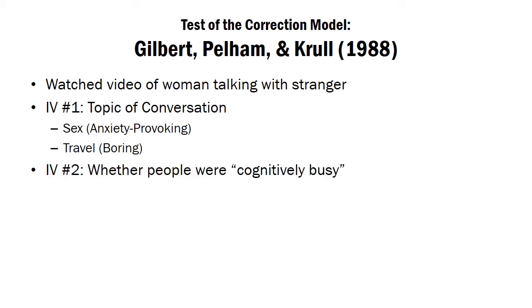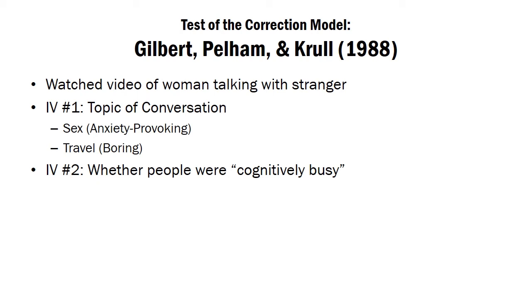They also manipulated whether people were cognitively busy. This is just a way of saying, were people distracted? Were they able to think really deeply? Because as we saw, stage 3 of his attribution model requires that people have this open mental freedom to think more about the issue. Whereas if people are busy in their minds and they're constantly thinking about something else, they just don't have the chance to consider the situation.